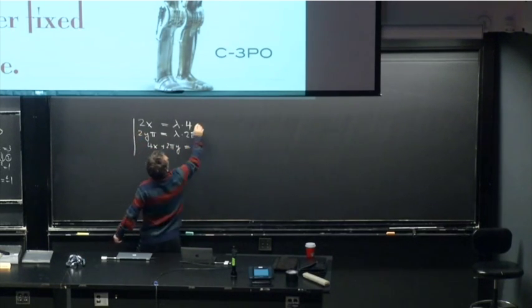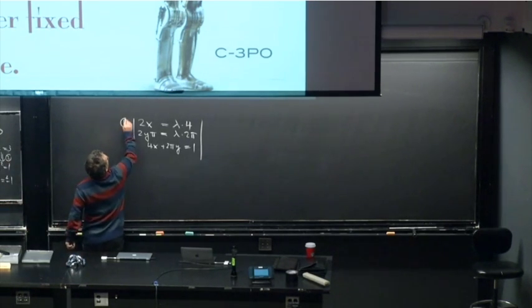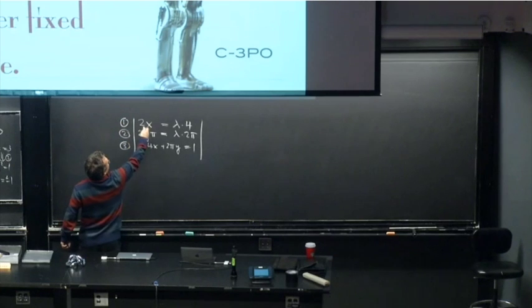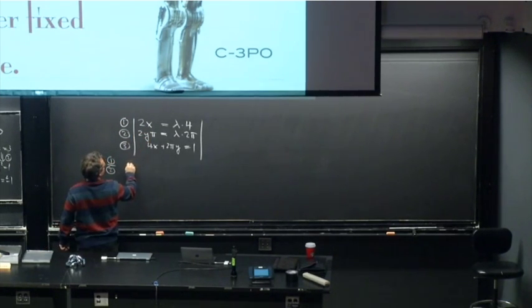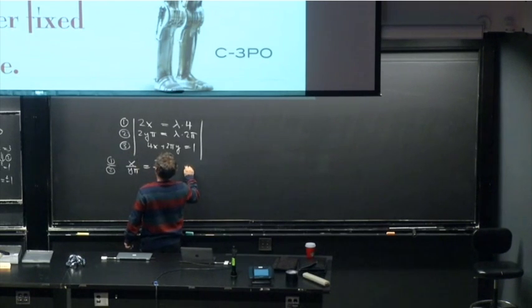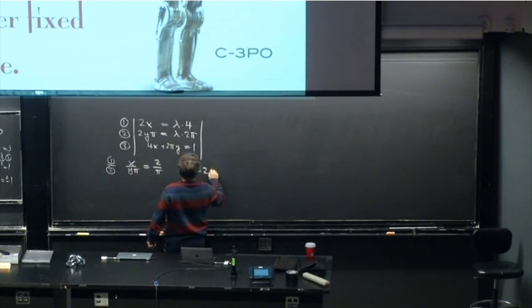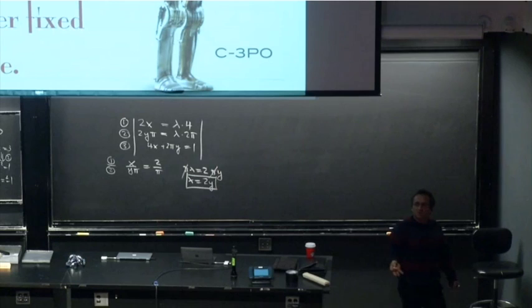So now we have everything together. We have these 3 equations. And the best way to solve this is to get rid of lambda. One way to do that is multiply over the cross, so divide out. So we take the first over the second without canceling anything except constants. So we have x over y pi is equal to 2 over pi. And then we multiply out. So we get pi x is 2 pi y. Pi goes away, x is equal to 2y. And that's what you always have to look for. You want to have a relation between x and y.